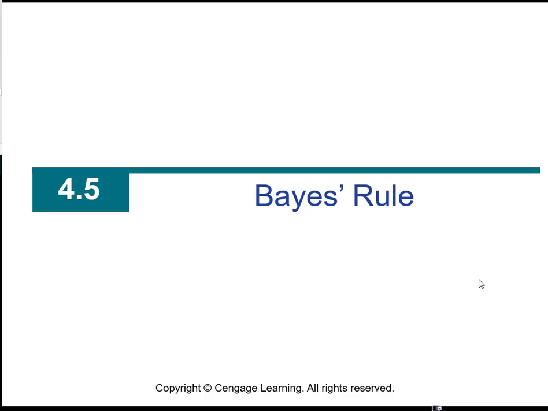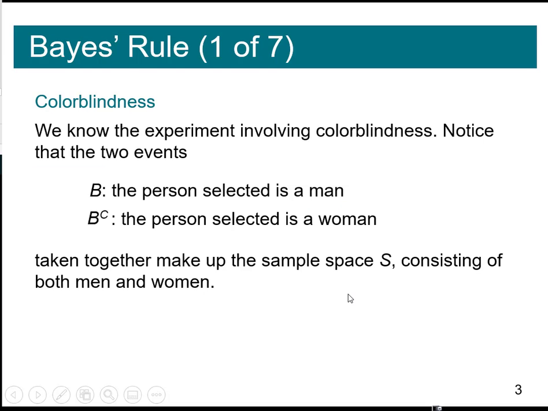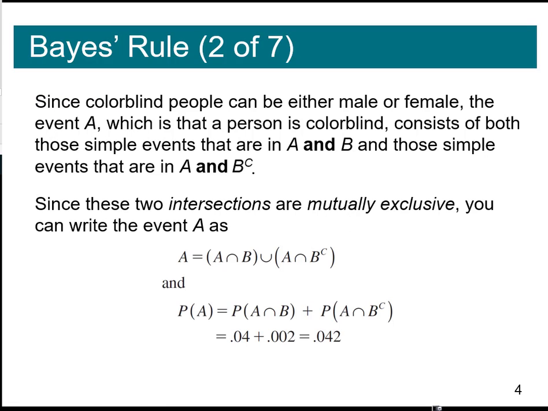Okay, you have some homework in Bayes' rule. Let's quickly review what we did. Here we talked about color blindness, and we had an event B, which is a man, and B complement was a woman, and together they make up the whole sample space. And we saw that if we have another event A, which in this case is being colorblind, that we could write A as,